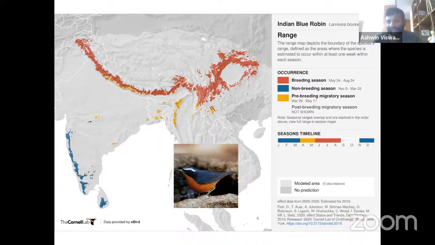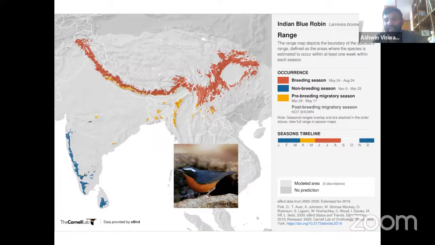So this will change. As we upload more and more information, we'll get better information about where exactly, which areas are important to them in different parts of their migratory cycle. Their wintering distribution is very clear over here. They're there in the hills of South India, Western Ghats, and Sri Lanka. But you see a very nice distribution that doesn't include the Palakkad Gap.